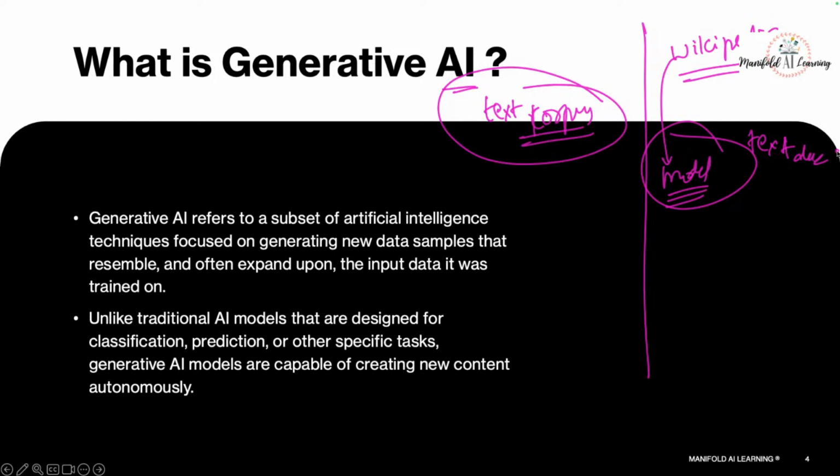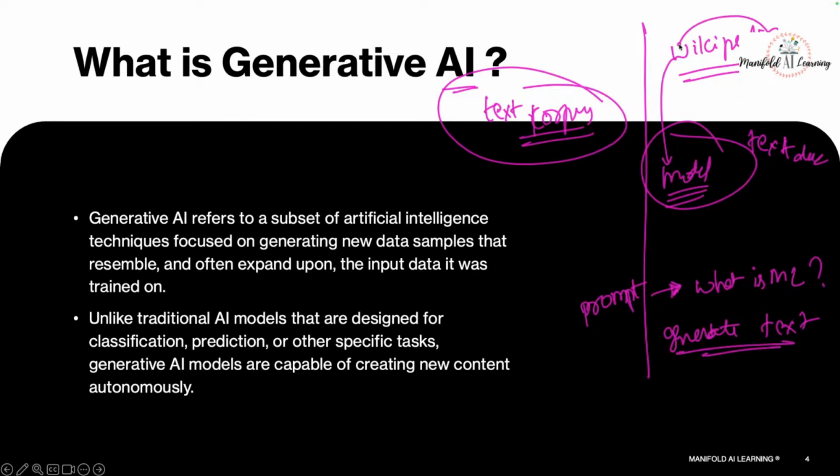Now, once it has learned everything that is present in Wikipedia, if I go ahead and ask a question, which technically we call a prompt, for example, "What is machine learning?", since the model has been trained on a large text corpus, it is able to generate the text. So this time it is generating the text. Last time, the example I gave was a case of classification, whether I have to approve the loan or not. Here, I'm going to generate new content, which is similar to what it has seen in the Wikipedia database.